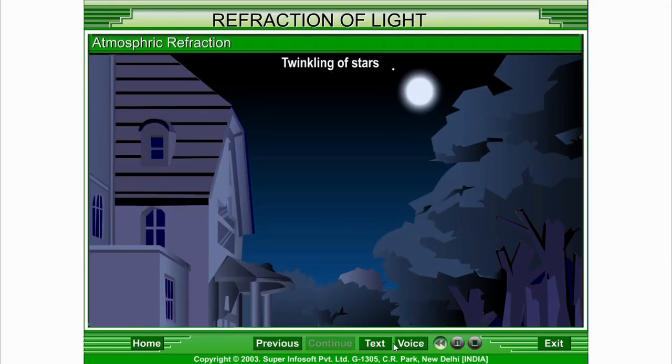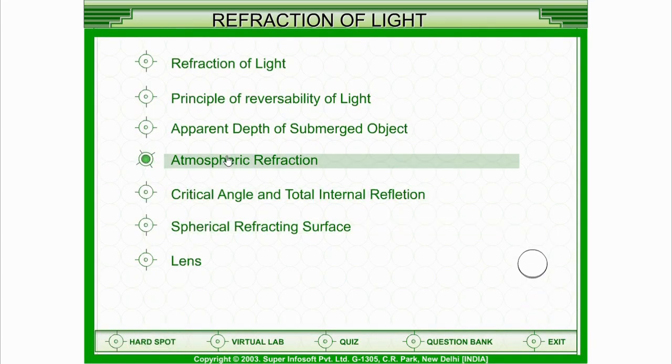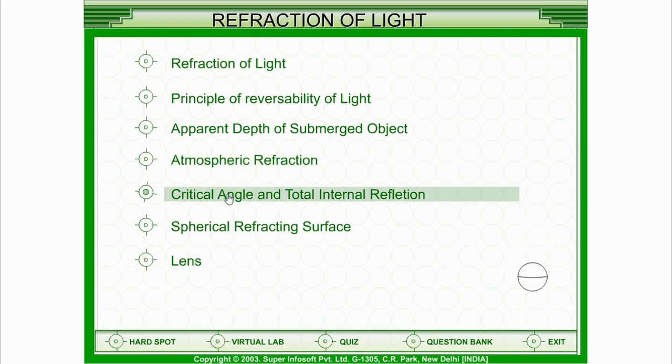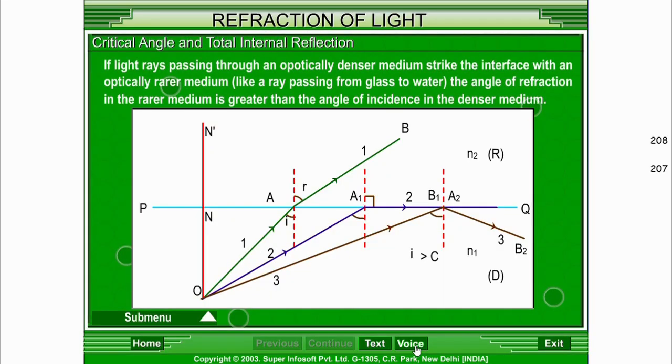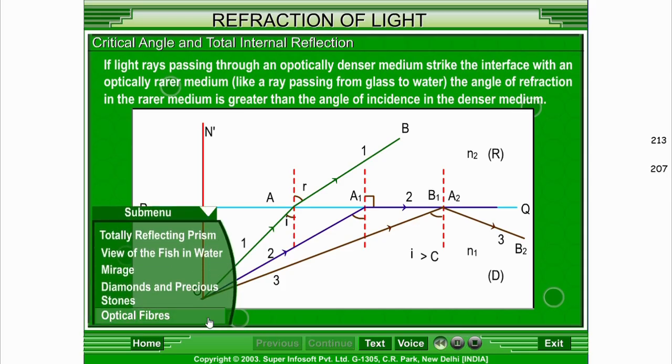Twinkling of stars. When the rays of light from the star enters Earth's atmosphere, they meet a medium of increasing density because layers of air near the Earth are denser than higher. If light rays passing through an optically denser medium strike the interface with an optically rarer medium,